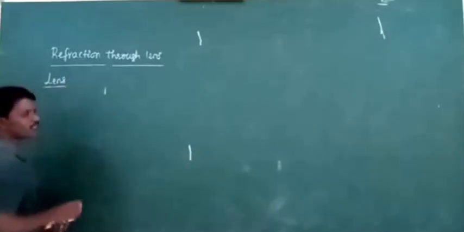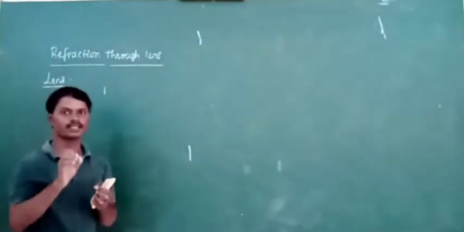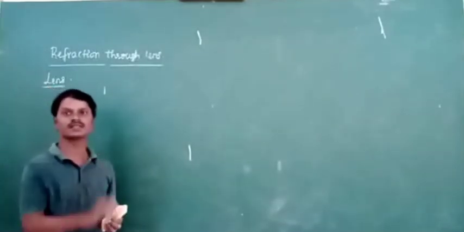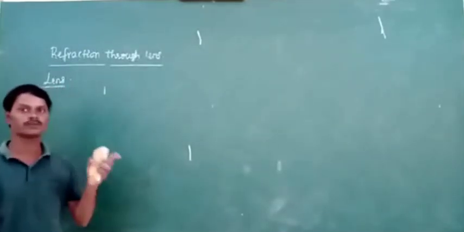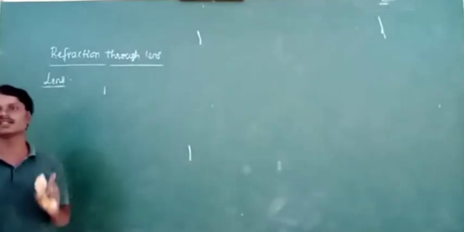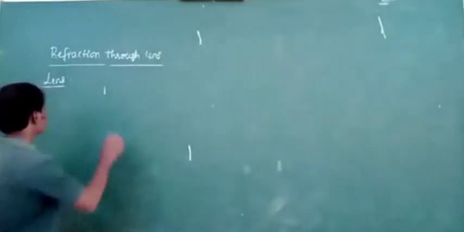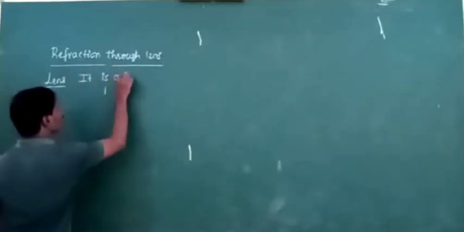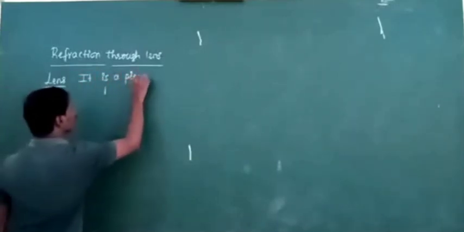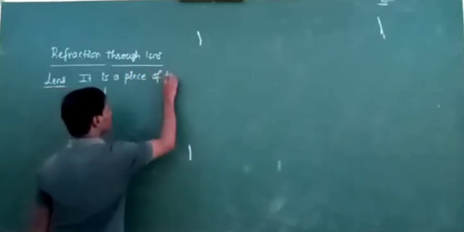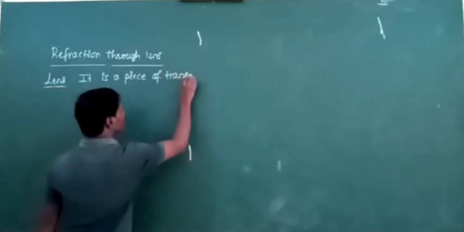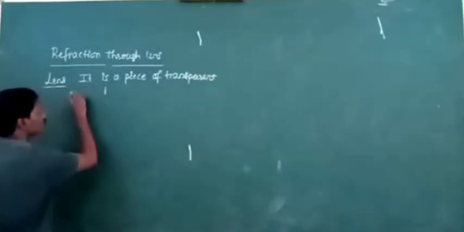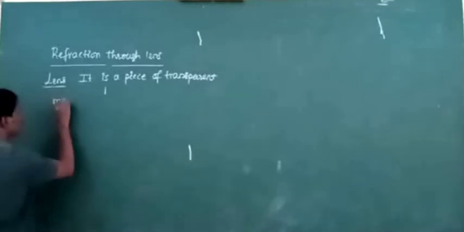Lens is nothing but a piece of transparent material with two refracting surfaces such that at least one surface is curved. At least a minimum of one surface should be curved here. Okay, what is lens here? It is a piece of transparent material. What is an example of transparent material? For example, glass. It is a piece of transparent material